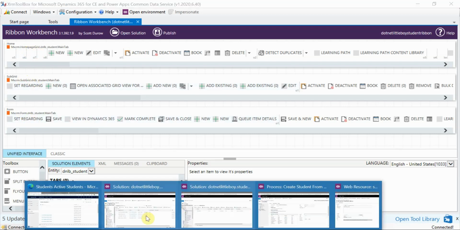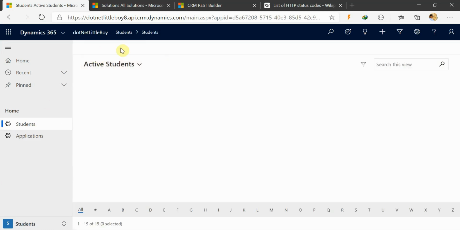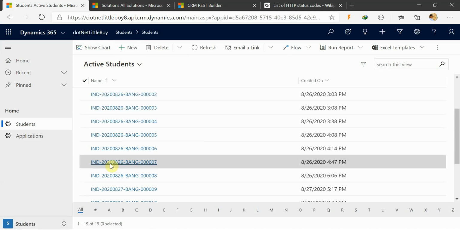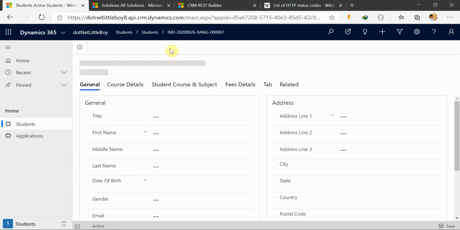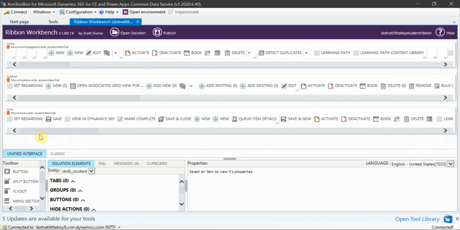So the buttons which are present for any Dynamics entity will be in three places, right? When you click on an entity, one page is landing, one view is landing, that is called the home screen. When you open any entity, one form will be loaded here, right? This is called the form, so form grid. So for this form, if you want to add any ribbon buttons, you can use this form grid here.